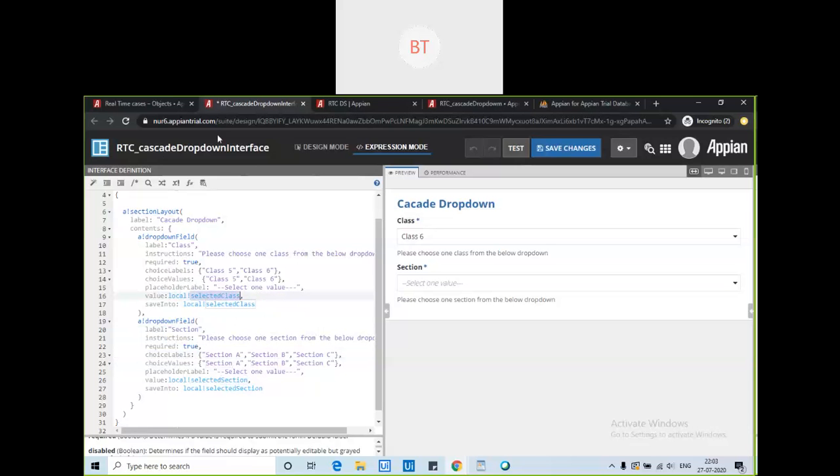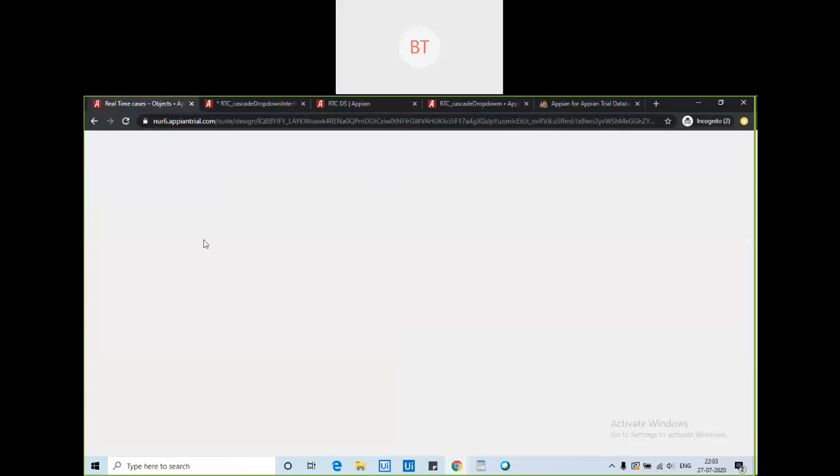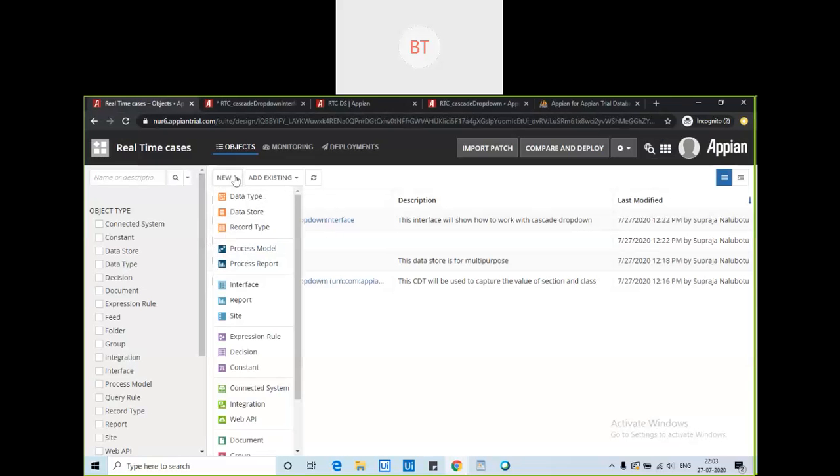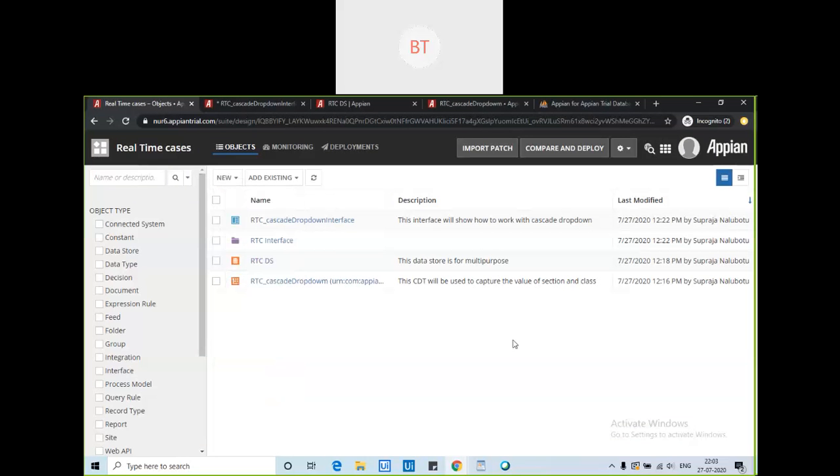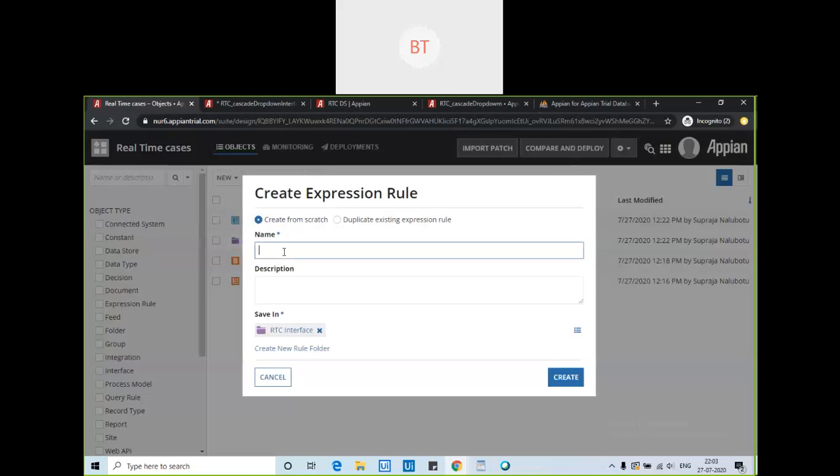So what we need to do is write one query entity which will fetch the sections as per your class, right? So we need to make one expression rule. Let me think, like RTC get sections by class.